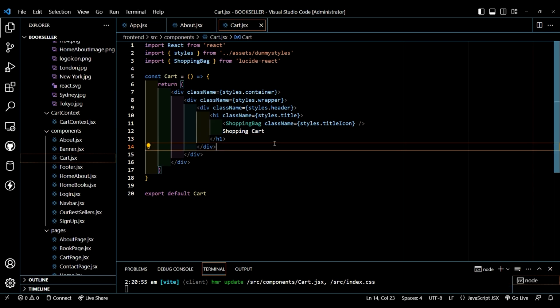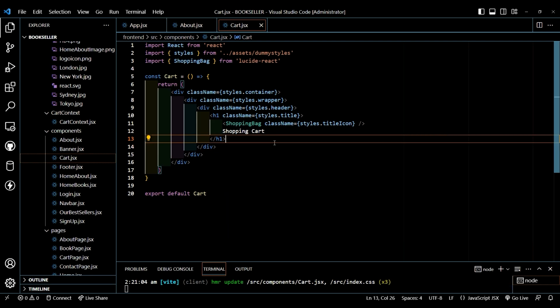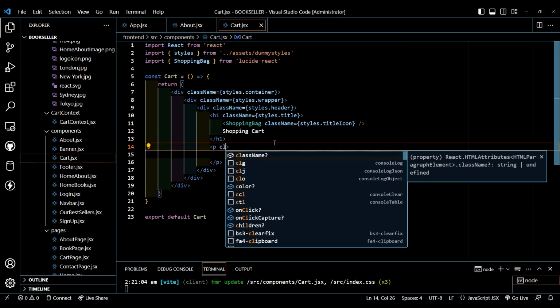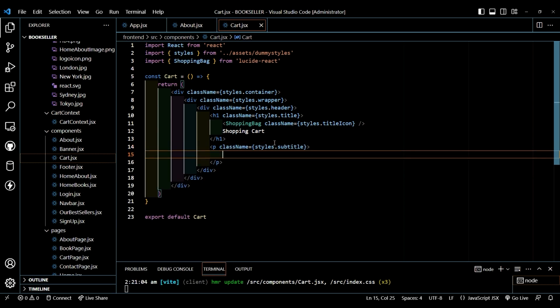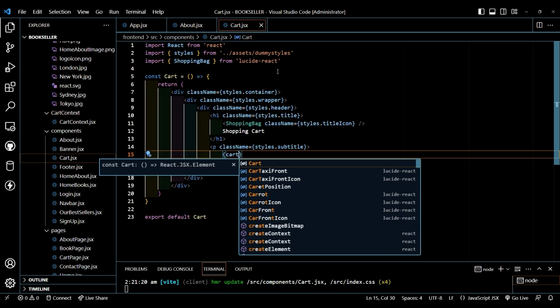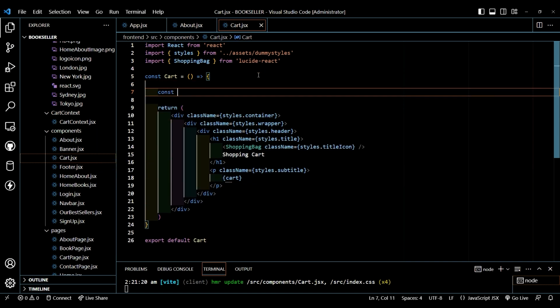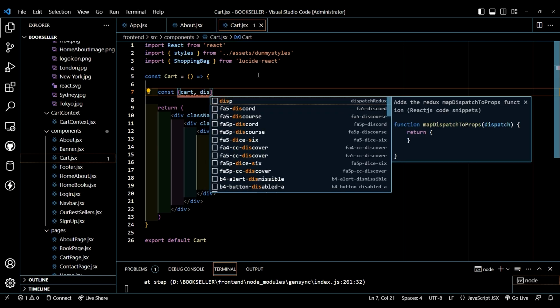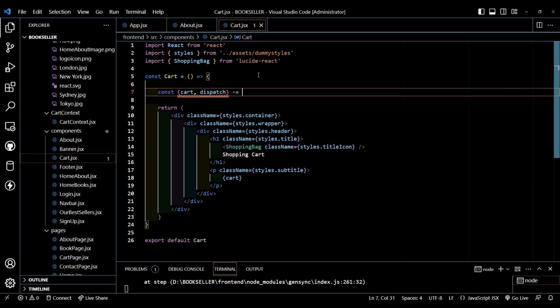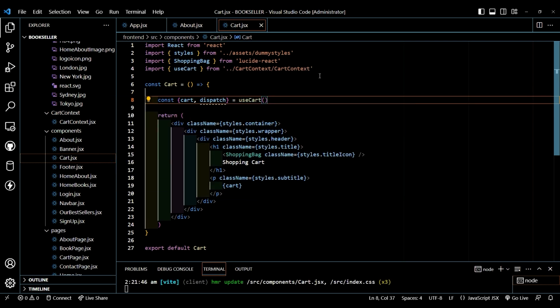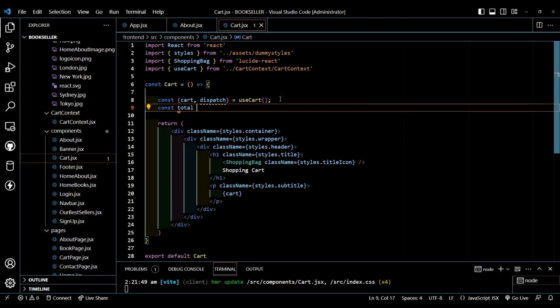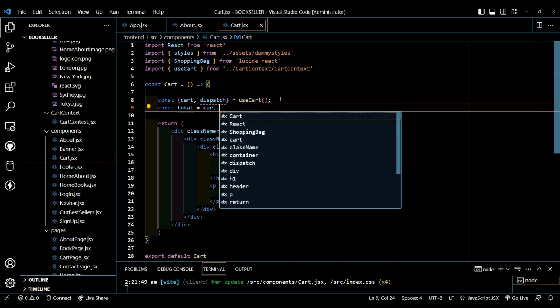Now after this, let's create a paragraph tag, give class name styles.subtitle, and let's type a paragraph. In this we will be typing here const cart, dispatch is equal to useCart function. So now useCart will be coming from store cart context, then const total is equal to